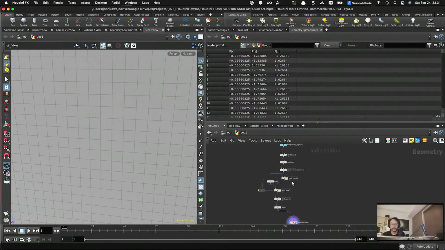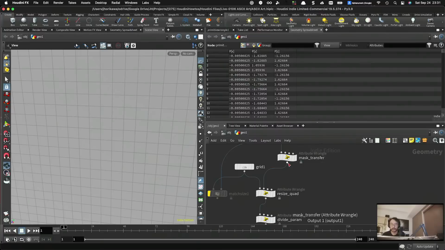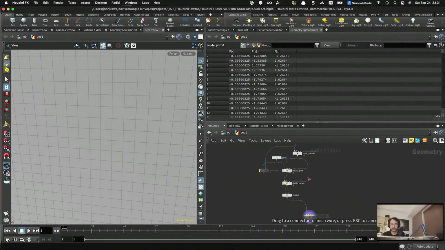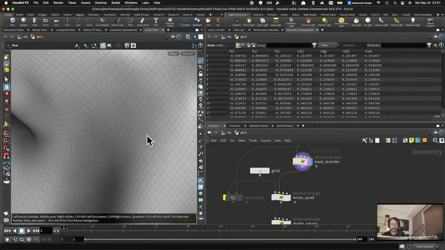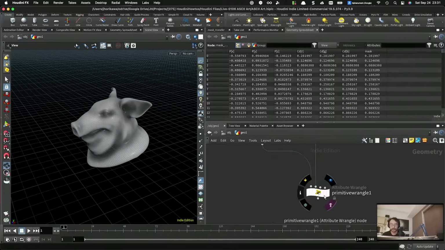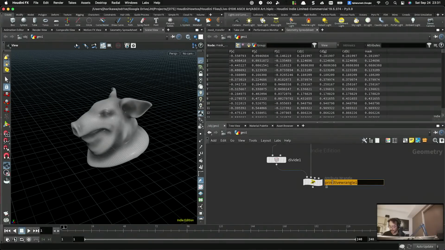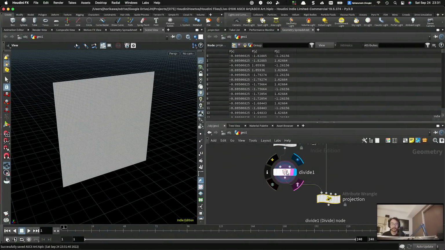Right, then try to get the information from the masked geometry, which is this one, by connecting to the second input. And how do I call this? Projection. Okay, so in order to project or